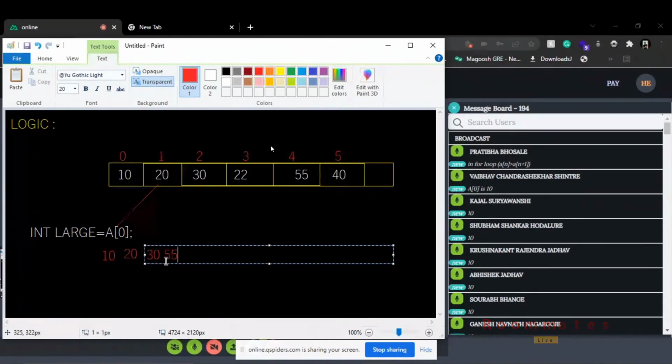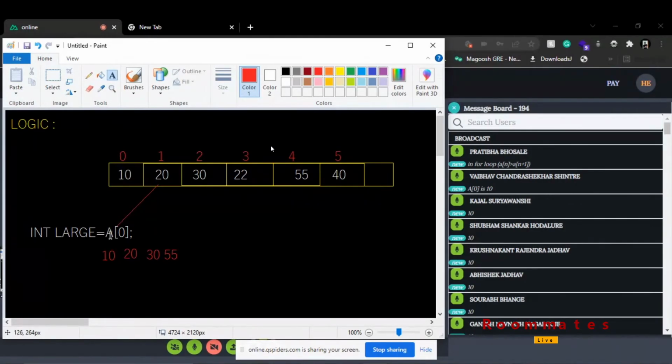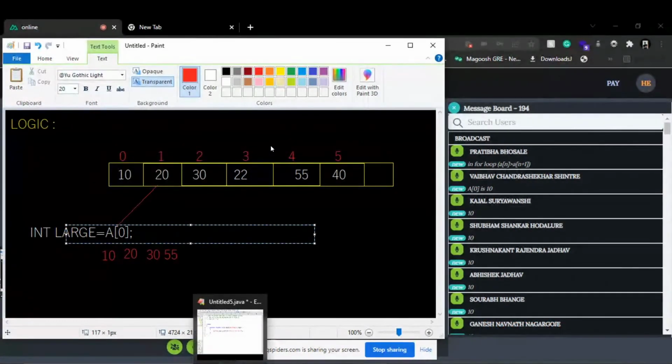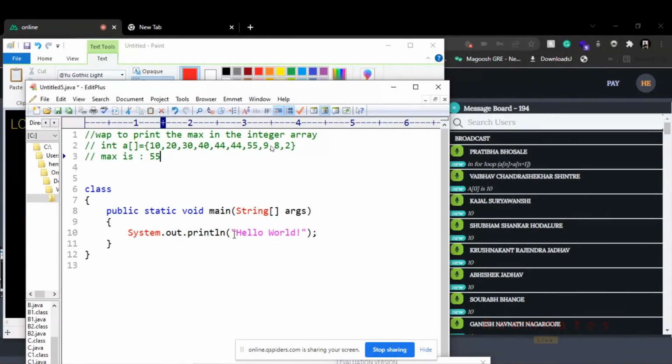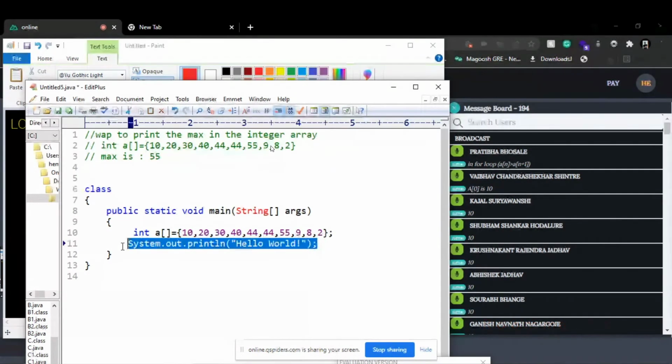First, I'll execute this program. I will save it with the name max and compile it. Yes, one second, let me arrange it. Yes, we'll repeat, don't worry.